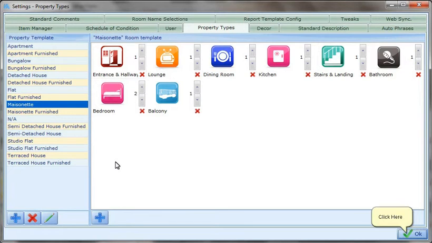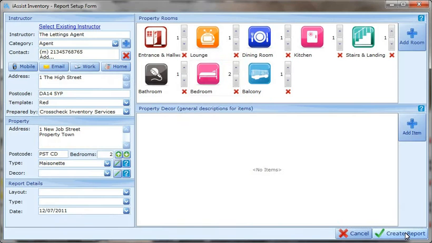Here you can add or delete rooms for each property type and change the quantity of a particular room or the room order. To see more on this, please view the videos on editing property types under the Settings video section. However, in order to alter the configuration of rooms for the current report, note that you can easily add rooms,